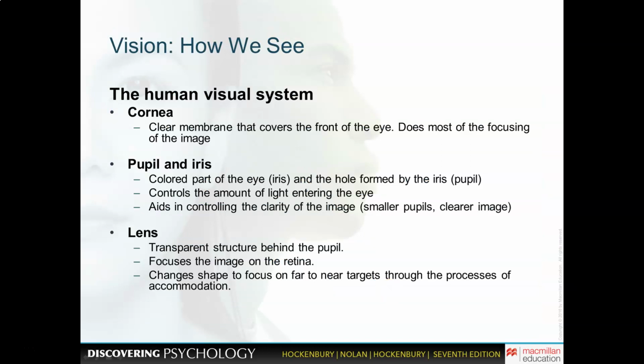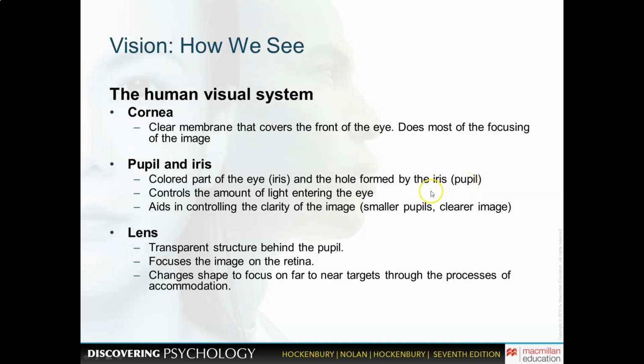Okay, so parts of the eye, how we see. In our human visual system, our eyes, first of all, we have what's called the cornea. That's the clear membrane that covers the front of the eye. It does most of the focusing of the image. Then it reaches our pupil and iris. Remember, the iris is the colored part of the eye, and the hole formed by the iris, the dark circle in the middle of our eye,